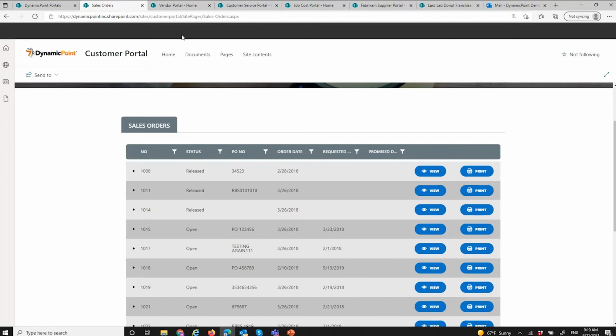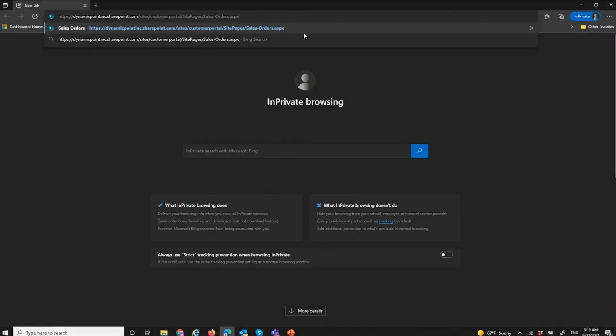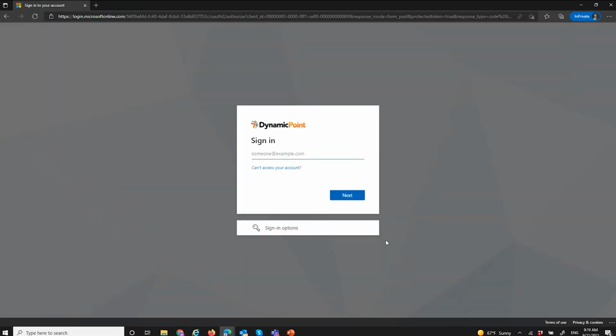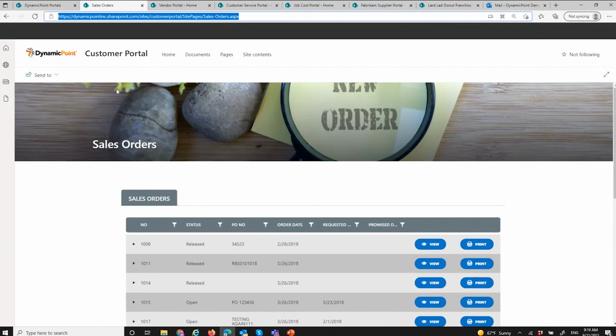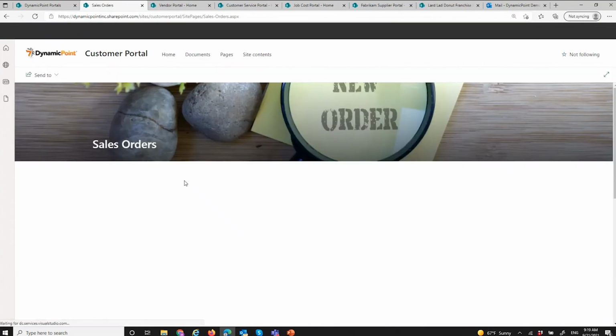And what I didn't show you, but if I were to launch this in an incognito session so it doesn't know who I am, is I'm authenticated, right? So by going into this portal, it asks me to sign in, of course. By me signing in, I now have an email captured for the portal user, of which that email is going to leverage the contact records of the ERP application to know what customer they are. So now I am showing sales orders for the authenticated customer, and those are being queried in real time.